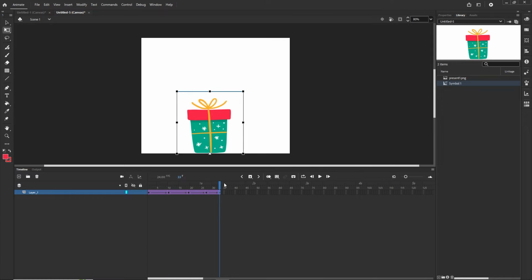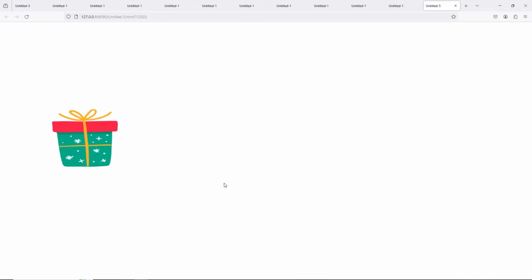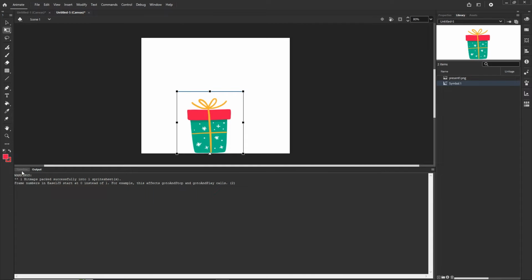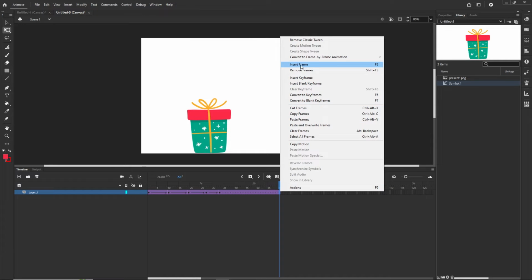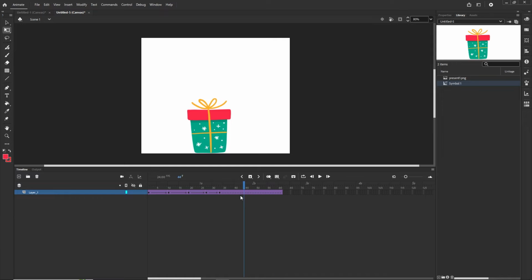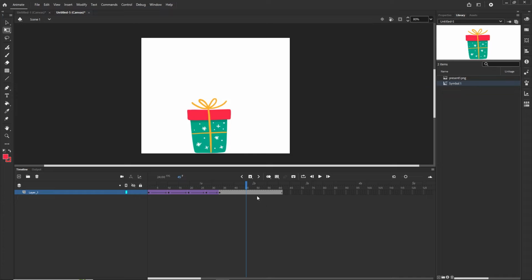Okay, now I can go with Control Enter or Command Enter to see this in the browser, and this is what we are going to have. Okay, so there are a few things that we want to do. One of them is I am going to just extend the timeline a little bit, so I will go maybe to frame 60 and I'm going to click F5, or you can right click and choose insert frame. If you are going to have this kind of weirdness, you can just right click and choose remove classic tween,